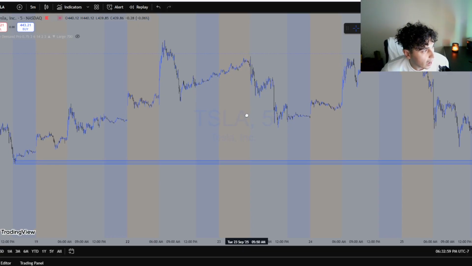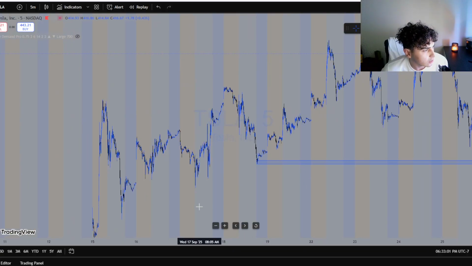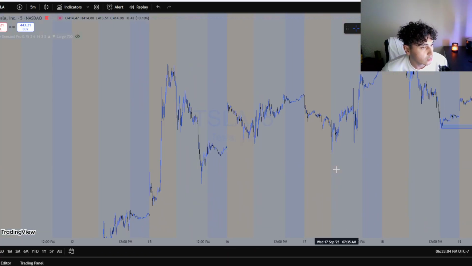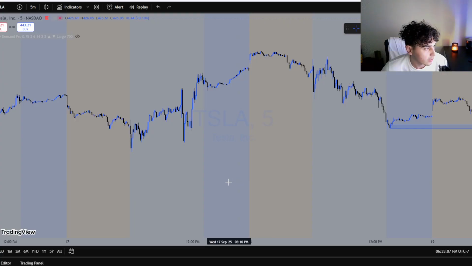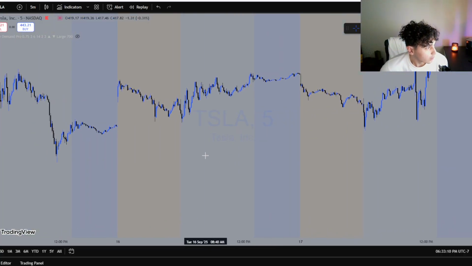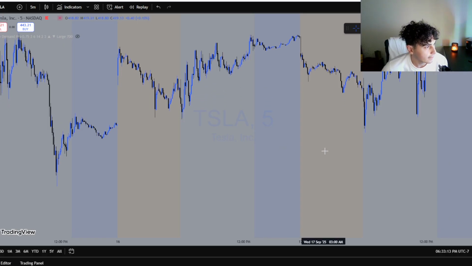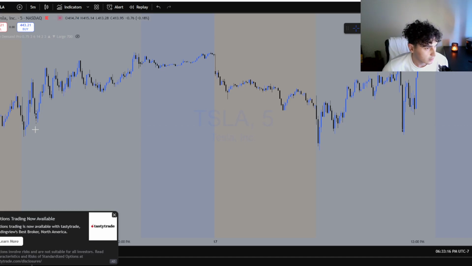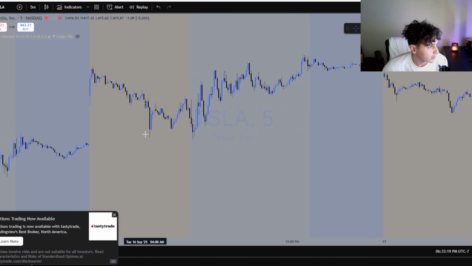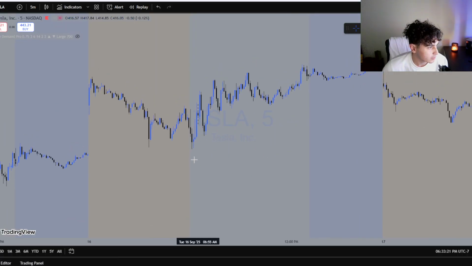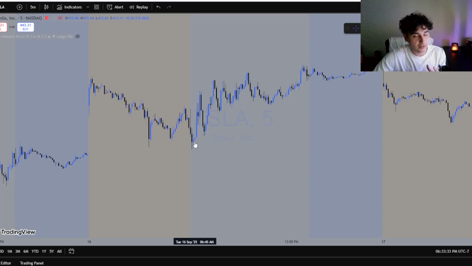So let's zoom out a little bit just so we can get a larger overview. Now boom, I do see something else here that we can do. This would be perfect. Yeah, we can do this. So here, again, we see a low being created, then led to a strong push to the upside, right? Strong push. Obviously, that strong push means that there were, or I guess you can say excessive, but just more than usual amount of buying orders being inputted,